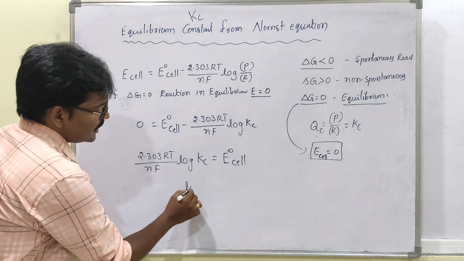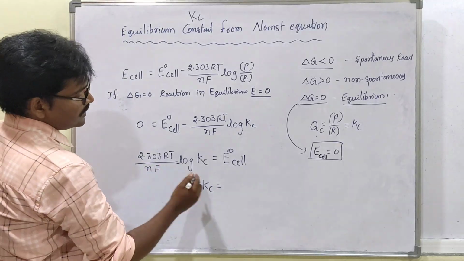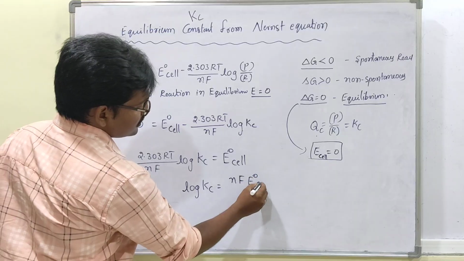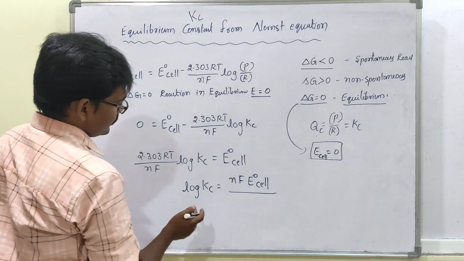Then log Kc is equal to, when it is sent to that side, NF E naught cell divided by